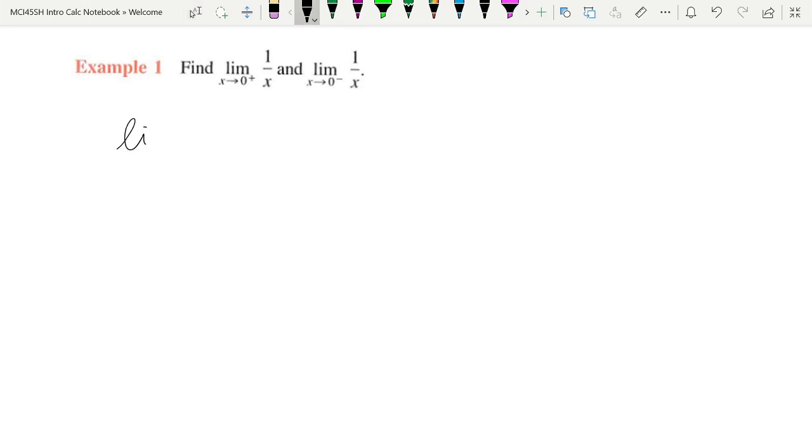So the limit as x approaches 0 of 1 over x from the right-hand side, well, you can even just kind of reason this out, like make a little table of values in your head, like the one you just saw for the last example. The bigger x gets, the smaller it gets, but it's still positive, right? So the smaller x gets, the more and more it goes bigger, right? If you put in a tenth, you get 10. If you put in a billionth, you get a billion. So you are heading